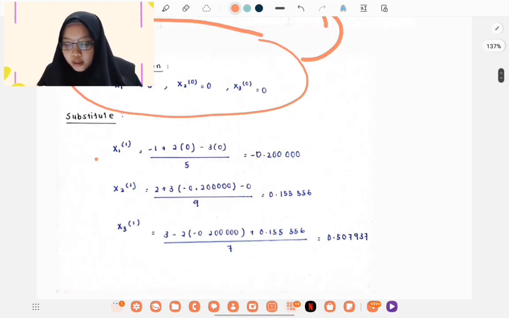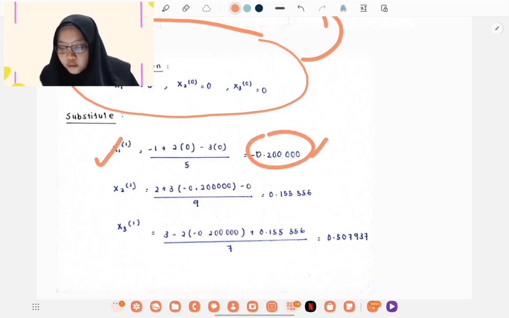So we have x1 of 1 equal to negative 1 plus 2 times 0 minus 3 times 0 over 5, and the answer is negative 0.200000. Next, we substitute the value of x1 into the x2 equation. So we have x2 of 1 equal to 2 plus 3 times negative 0.200000 minus 0 over 9, and this solution gives the answer